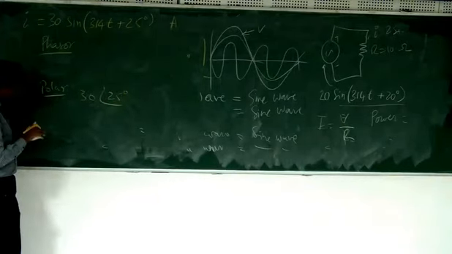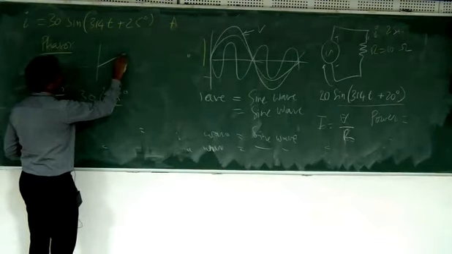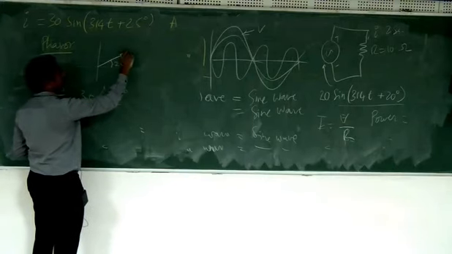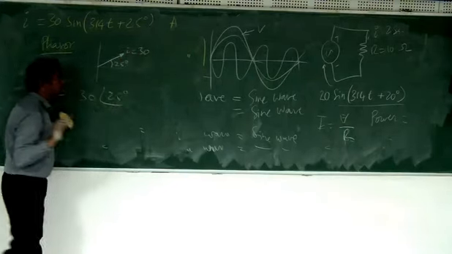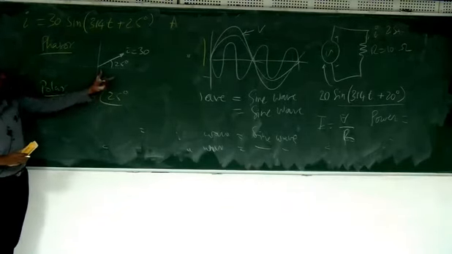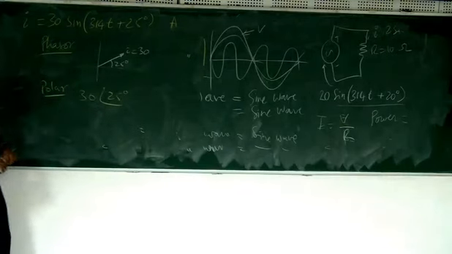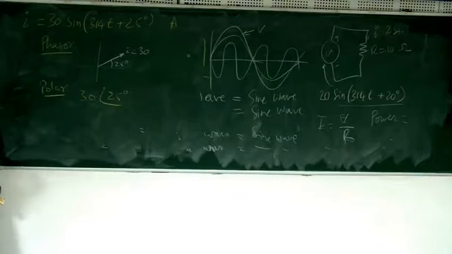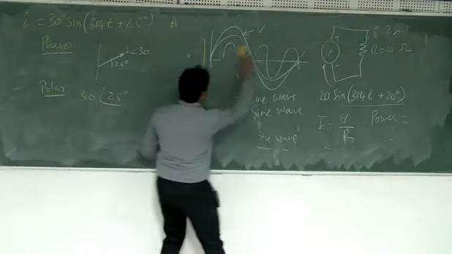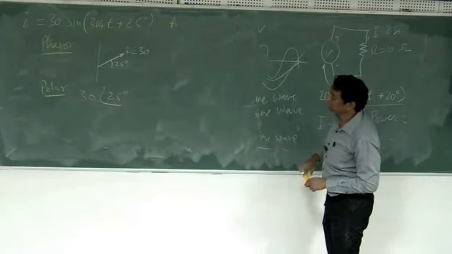So the same thing you draw in the form of a graph. This is 25 degrees and this length is 30. Okay, that's all. So this is polar form of writing, and this is phasor form of writing. It's actually a graphical form of doing the same thing. So the advantage is it's convenient for additions and subtractions.